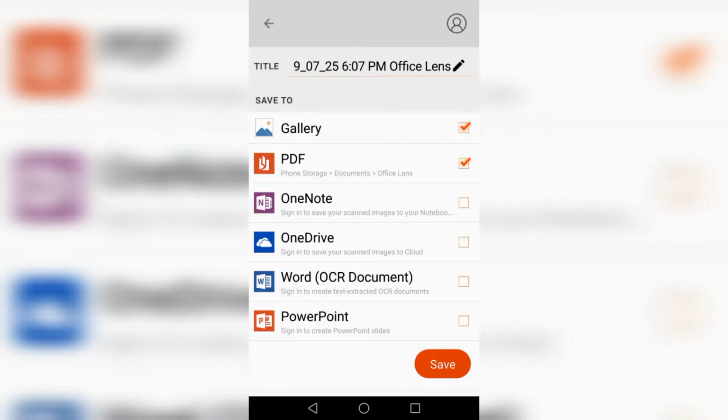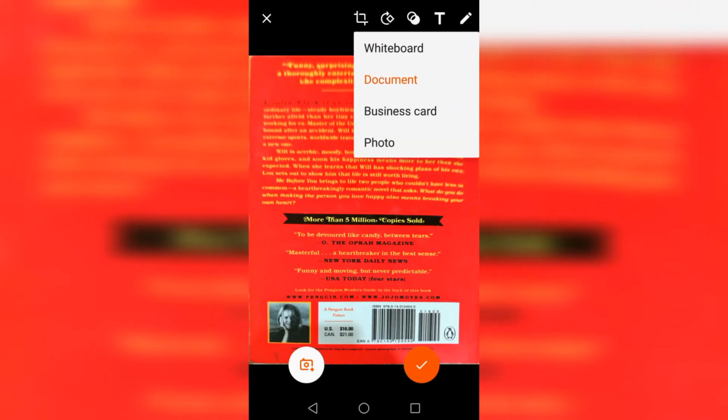But in here you can set the PDF toggle on and off, which will tell you the directory that your PDF is going to be saved into too. But the problem is that you have no color profiles. You have this image in here, you can write on it, you can put text on it, you can put it in different modes and rotate it or crop it, but you have no option for making it look like black and white or look like a document, so that you use less ink on your printer,